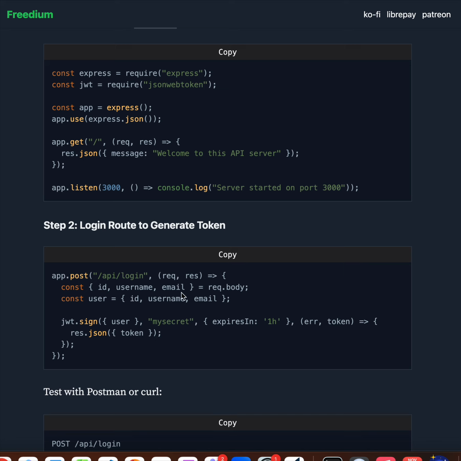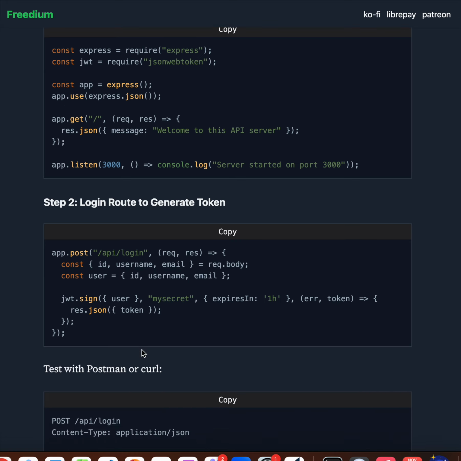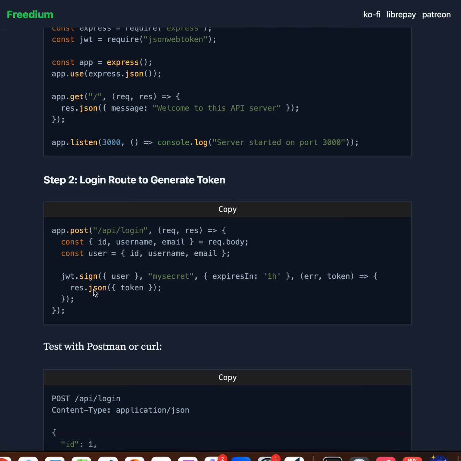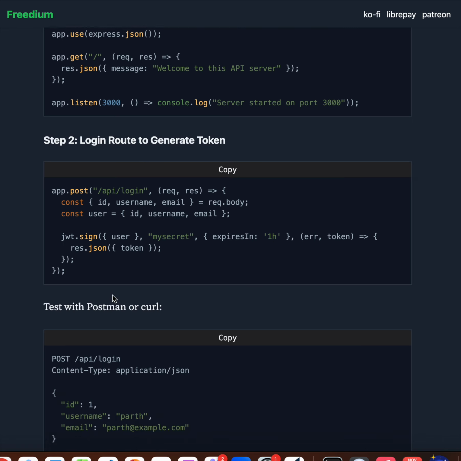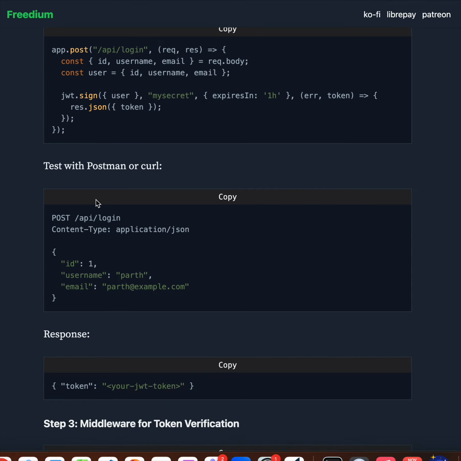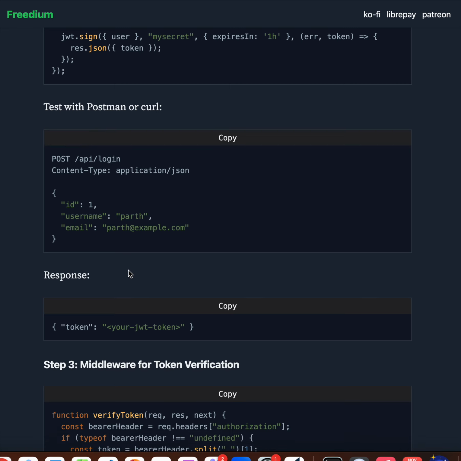Here you are getting this information from the request and setting it as the user, and basically you are using jwt.sign for the user with the secret, and you are putting in an expiry of 1 hour here, and basically you are sending the JSON in the response. In the response you are sending the token, and you can test with Postman or any tool which can be used for